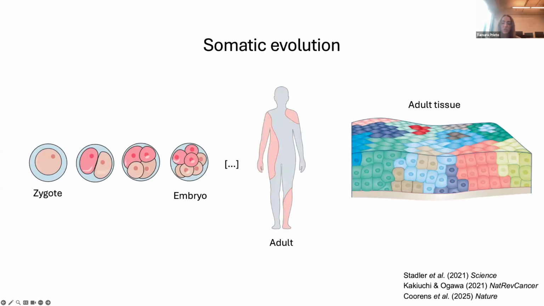So each cell division from fertilization till death of human individuals can imply one or more DNA mutations. And although we originally start our life with a single diploid genome, we end up with trillions of genomes in our bodies. So with time, we become genetic mosaics with tissues composed of many different clones. And along time, proportions of clones can change and new clones can arise in a continuous process that we know as somatic evolution.